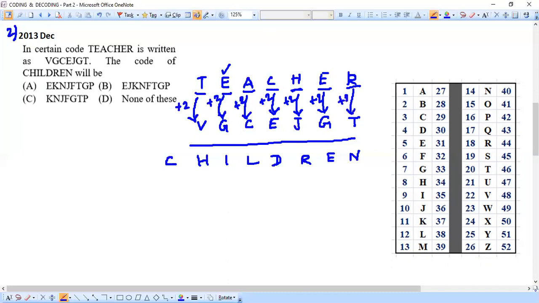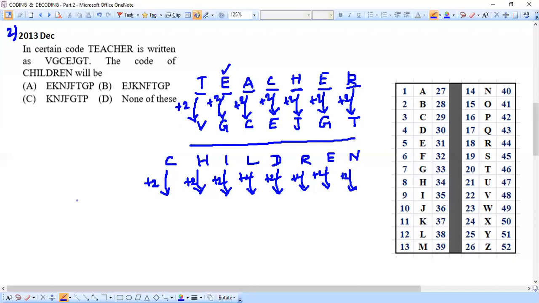So that confirms what pattern is followed. They are just doing plus 2 for each of these letters. So in our answer also, for the given word, we need to do the same kind of traveling for each of these letters. We need to do plus 2 for all these letters. So children is the given word for us. We need to follow the same pattern here also, +2, +2, +2, and here also it is +2.